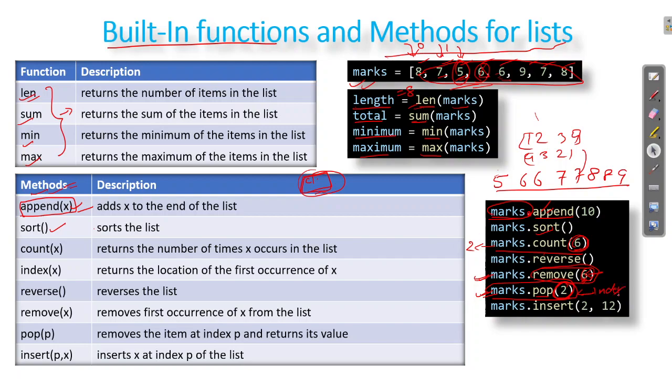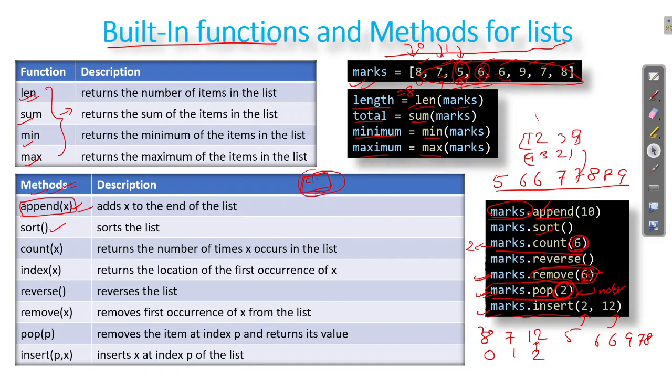Then if you see insert, it will go to index 2 and insert the value 12. So it will see this is index 0, this is index 1, this is index 2, so I have to insert here. It will do something like this: 8 7, then it will insert 12, then 5, then 6 6 9 7 8. So it has inserted 12 at index 2.